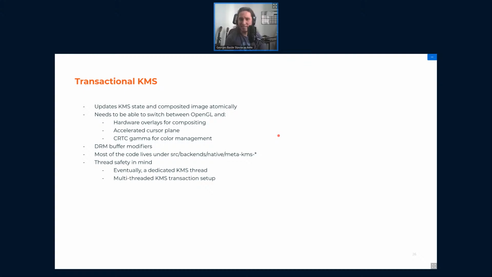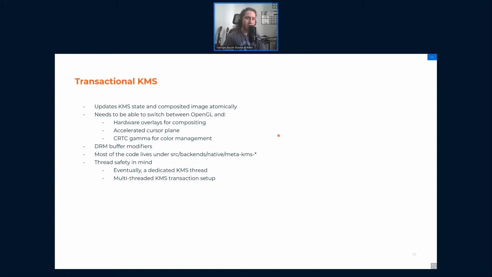Another difficulty is that as a compositor, we have to be able to switch between old fallback OpenGL rendering for various cases. We can support hardware overlay for compositing, but we have to support OpenGL compositing as well.